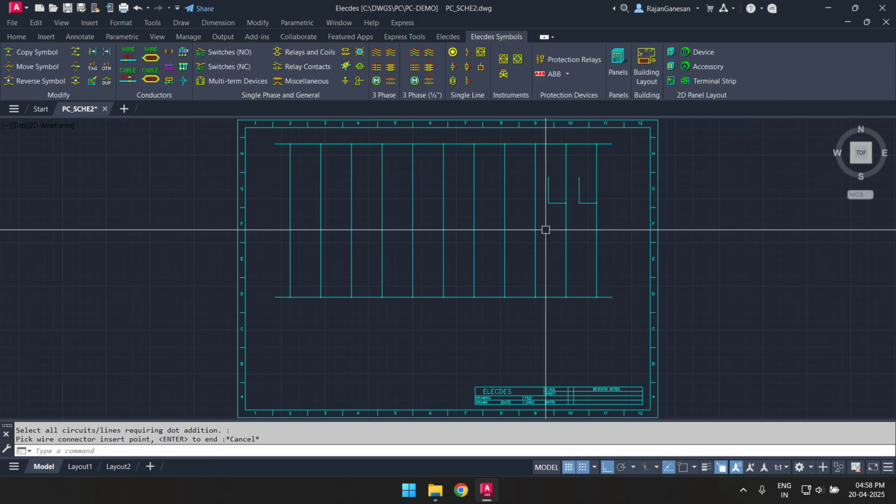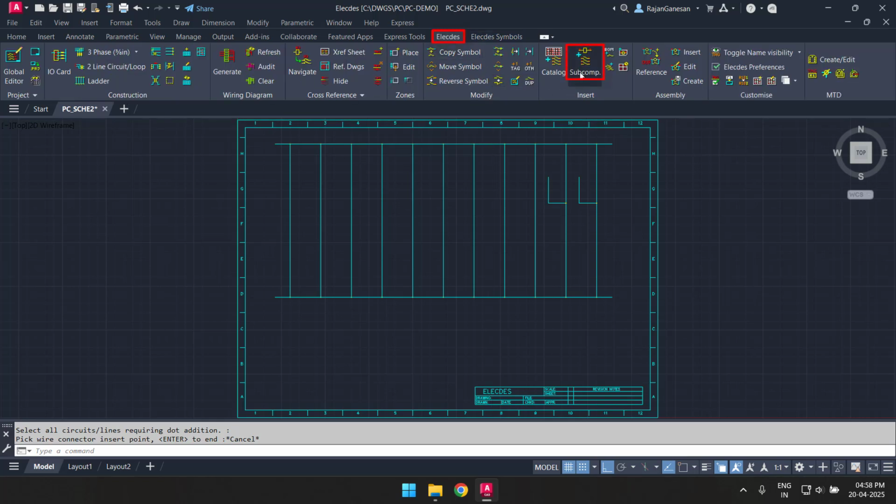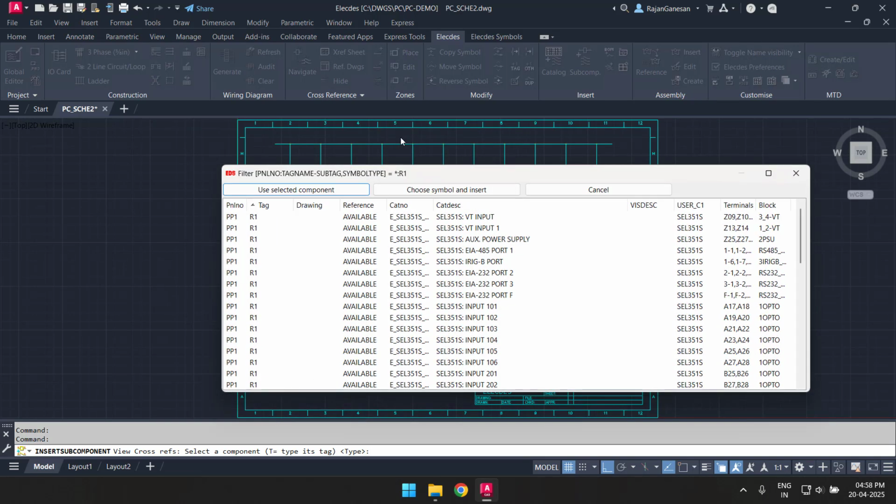Another method of symbol insertion is the inserting of subcomponents for devices in the project. When tasked with drawing up a protection control relay with, say, 30 family members and 60 terminals, it pays to be accurate and to manage your contact's terminals. The Electez tool for managing subcomponents is extremely useful when managing protection control relays for larger equipment and higher voltages.